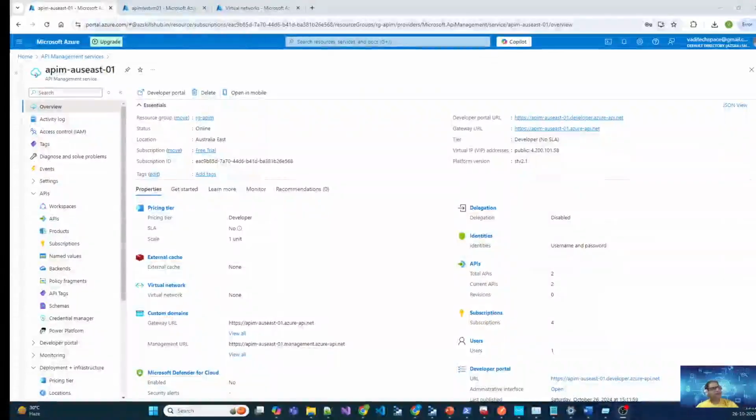I am in the Azure portal. In the portal, I already have a few resources. So one is the API management, which I have. Okay, it's a developer tier, and this is public. Okay, and I have an API